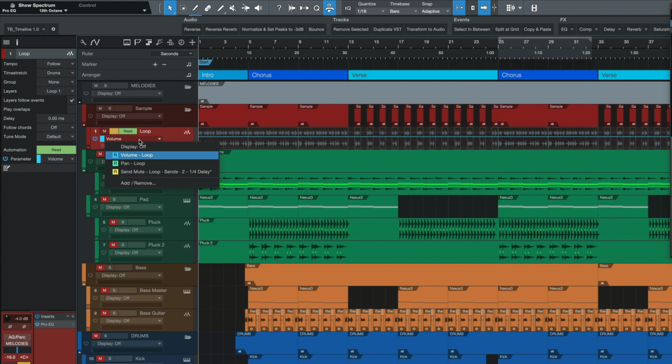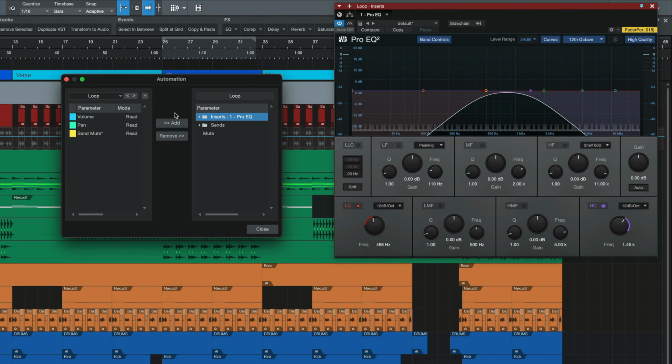Now, when you do this, in most cases, you will be presented with two immediate options, one for volume and one for pan, but you can add more by hitting the Add Remove button at the bottom. From here, you will bring up the automation window, and on the right-hand side, drop down the inserts panel and choose whatever insert you want to automate. Now, because I only have one active on this channel, this is the only option that I will get, but of course, I do want to use this Pro EQ. Finally, once you're here, pick what parameter you want to automate. So in my case, I want to automate the high cut, and then I'm gonna click on frequency, and finally, go ahead and hit add.